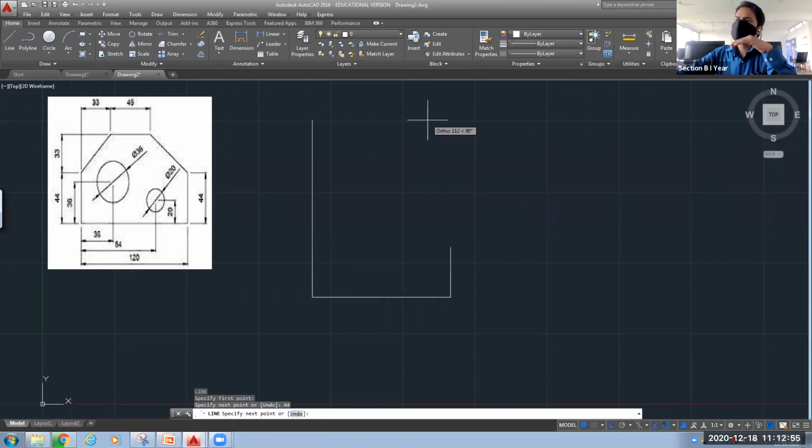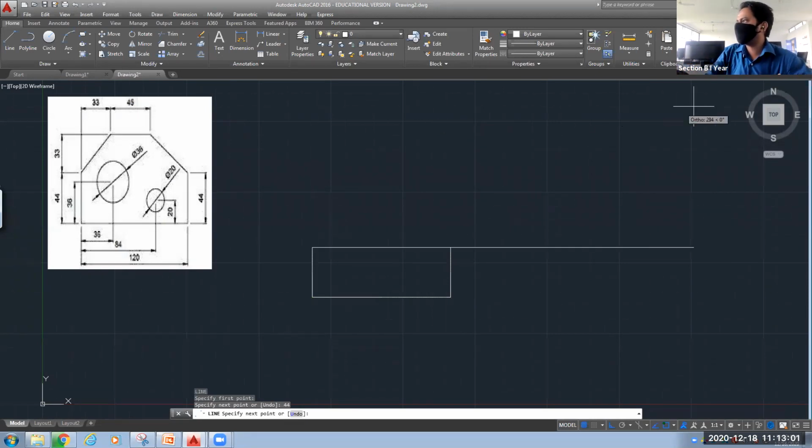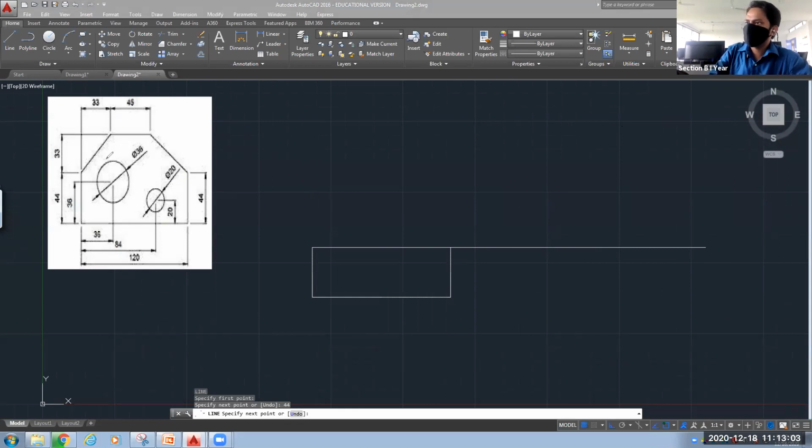Now again here some slant line is there. Let me use the annotation and then I will tell you. See, this slant line is there, but the angle is not given. What is given is this vertical distance 33, and this horizontal distance 33. So I will draw the perpendicular lines, and after that we will remove them.